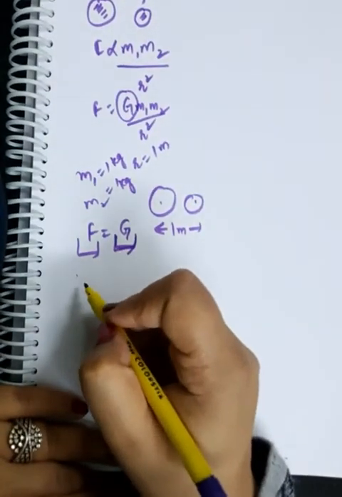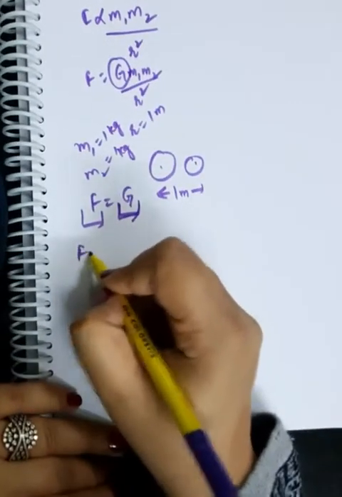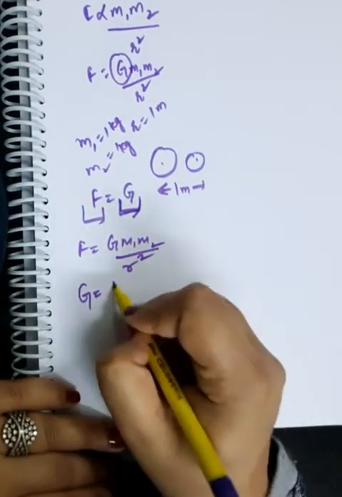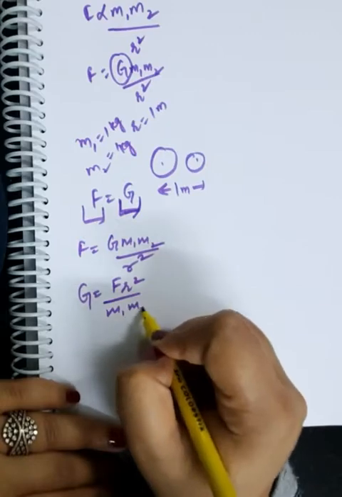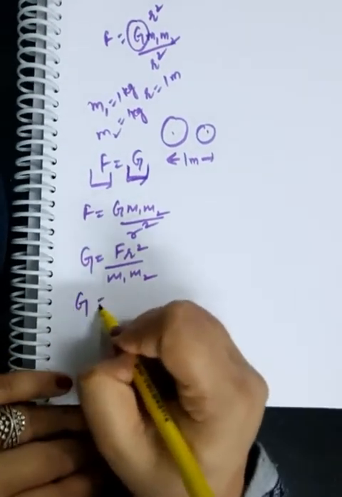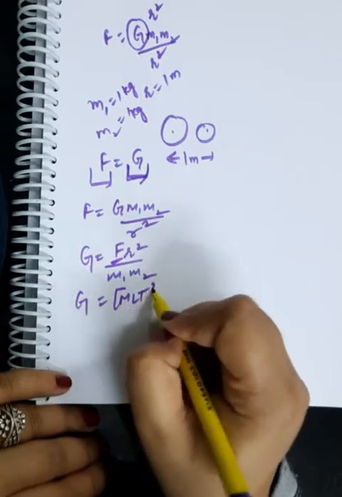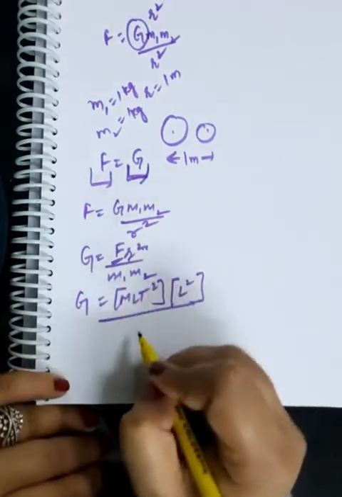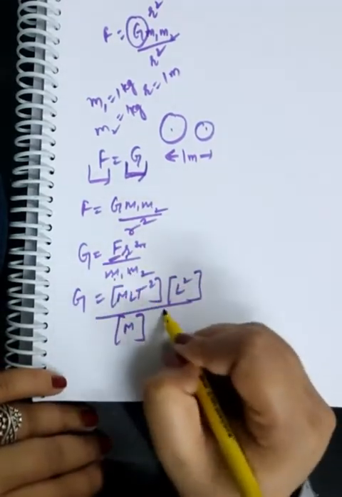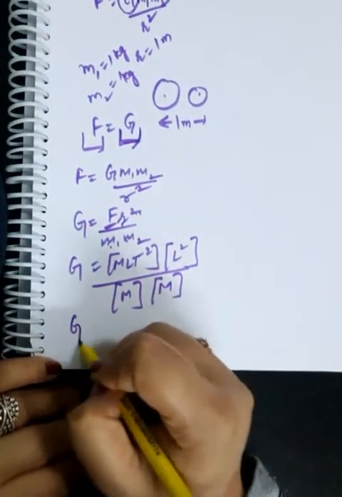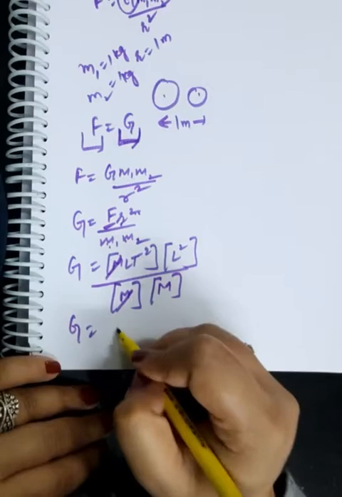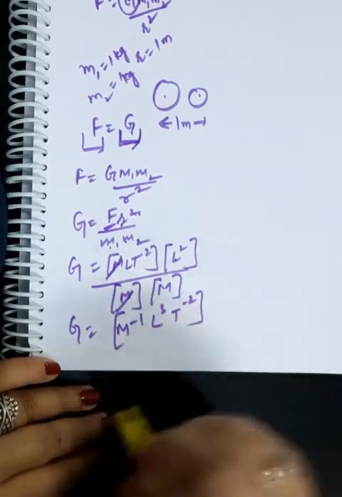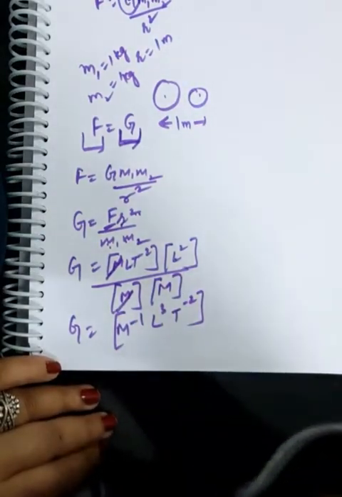Now we'll talk about the dimensional formula of capital G. See, F is equal to G m1 m2 upon r square. So capital G will be equal to F r square upon m1 m2. Right? So capital G is equal to F, which is MLT minus 2, times r square, which is L2 because it's length square, upon m1 m2, where m1 is mass and m2 is also a mass. So after that, this M will be cancelled with this M, and you are left with M minus 1 L cube T minus 2, right? So this is the dimensional formula of capital G.